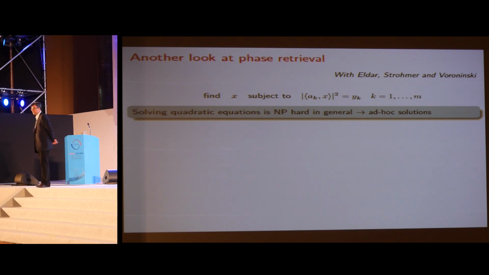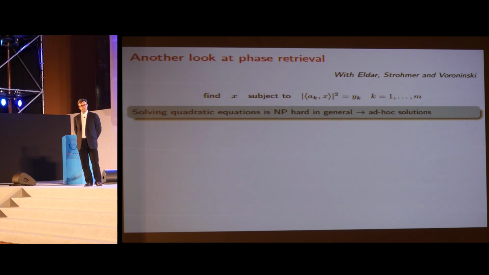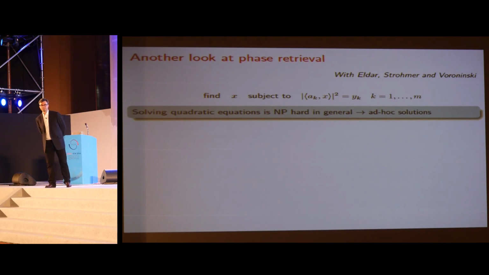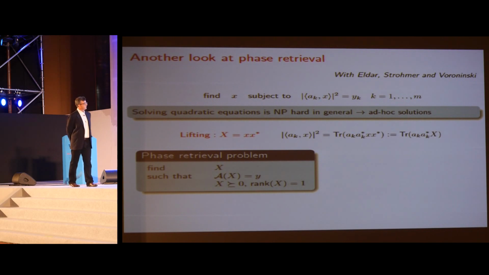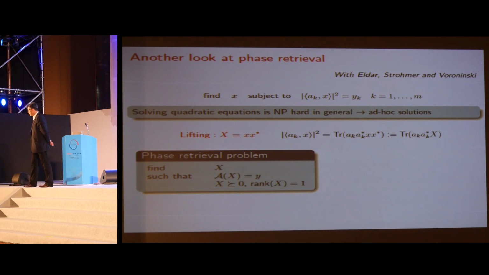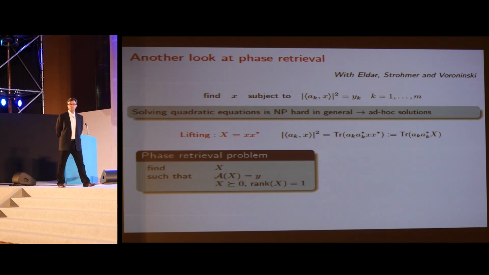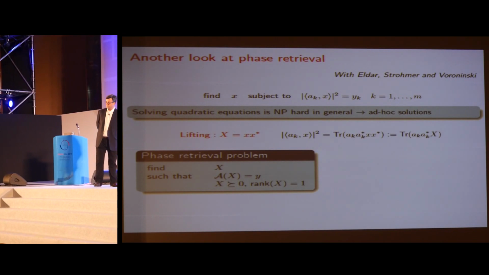Now, of course, we need to form images, and so people have developed solutions. They're a bit ad hoc. Sometimes they work well, and sometimes they don't, and what's for sure is that there's very little theory about what these methods do. So these are quadratic equations, and you might wonder, what does this have to do with all this talk, which is about linear equations? Well, what we can do is convert these quadratic equations into linear equations. And so the short message is that solving the phase retrieval problem is a matrix completion problem. In fact, it's a rank 1 completion problem. So let me explain this.